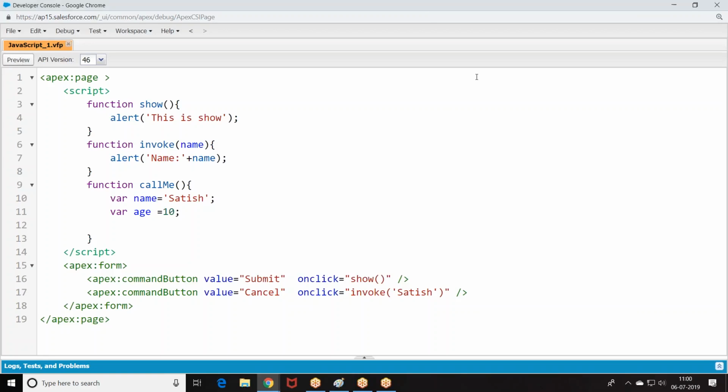Okay, right. So what was the structure here? Function, call me. We are taking a name H. All the variables are defined as what? Var. So when the event occurs, we are calling a function. The function will be invoked and do the necessary logic for you. Now, what is our requirement?